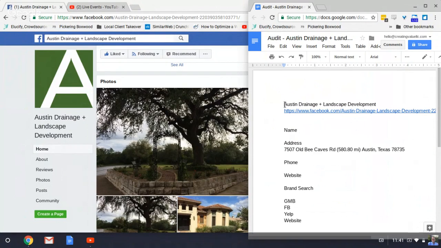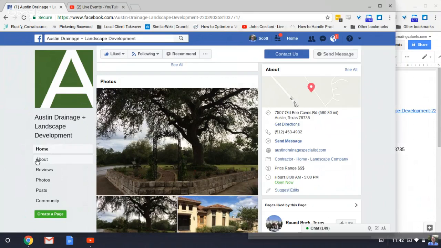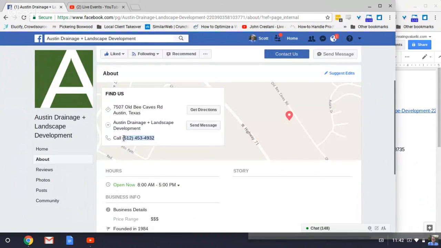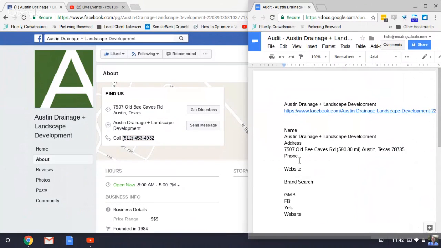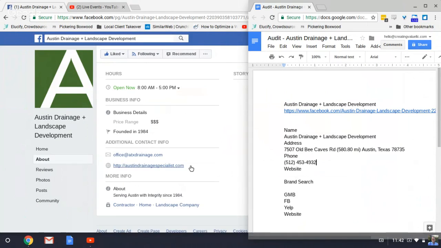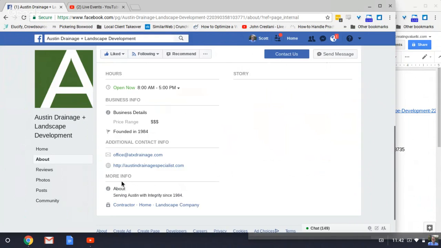And here's the name, address, let's see what phone number we have listed here. And website.